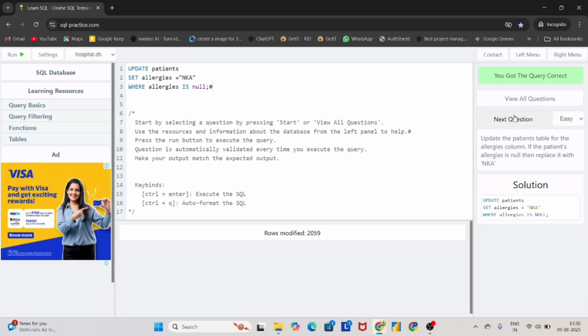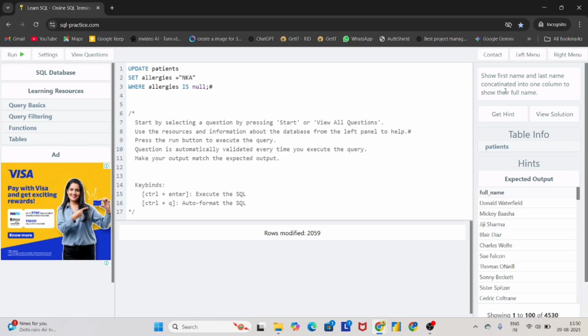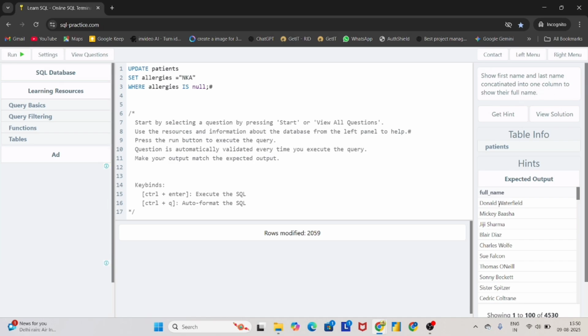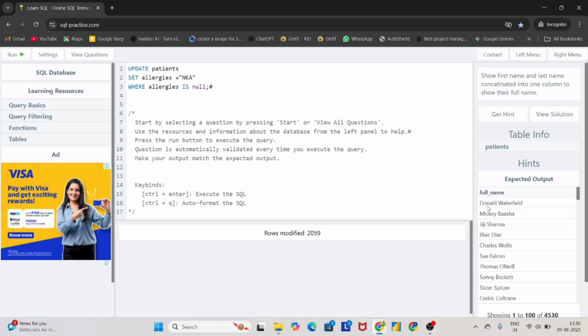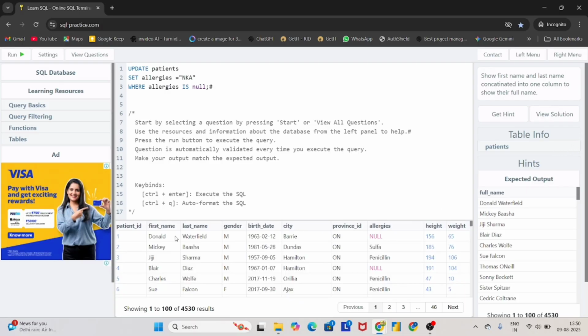Sixth question: first name and last name concatenated into one column to show their full name. Here is the full name. We want the full name. So this is the first name and last name. We have to combine both names with a space between them. We want that column named full name. How can we solve it? Just